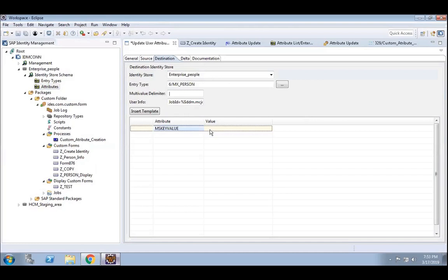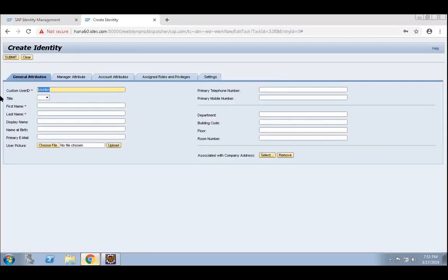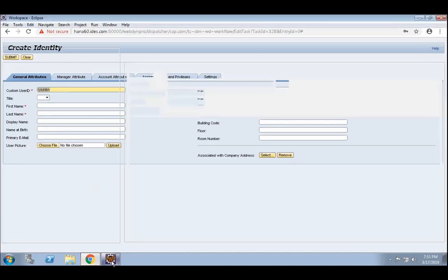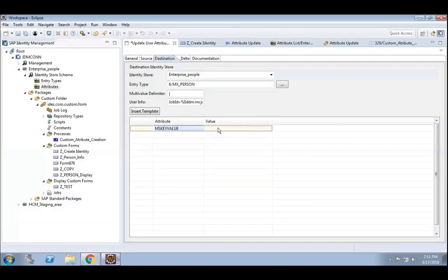I want whatever I put over here to ultimately be in capital letters, and then it will update over here. So how to do that? I cannot simply put the percentile value. Instead, I can put display name.